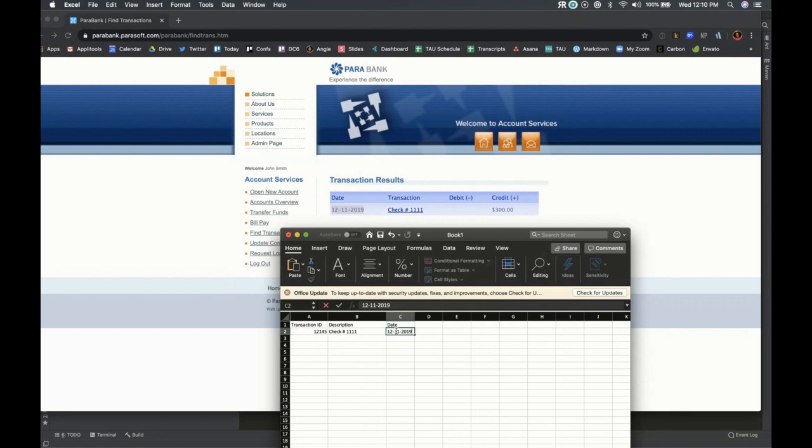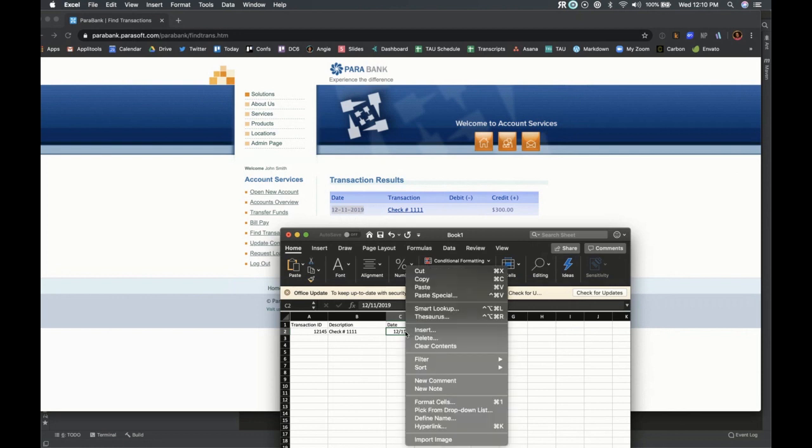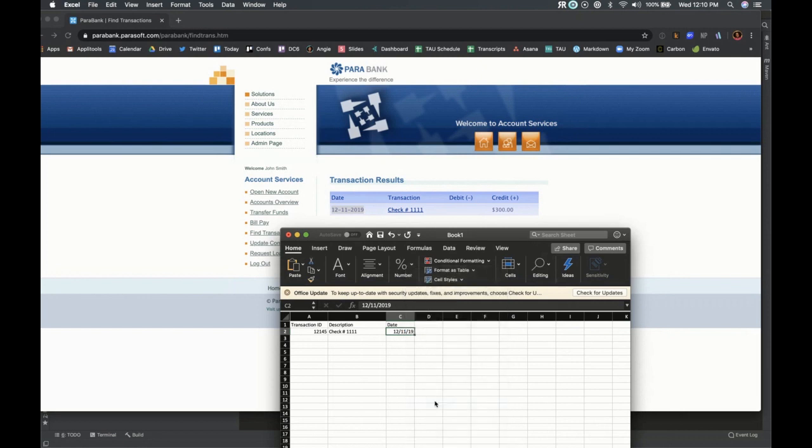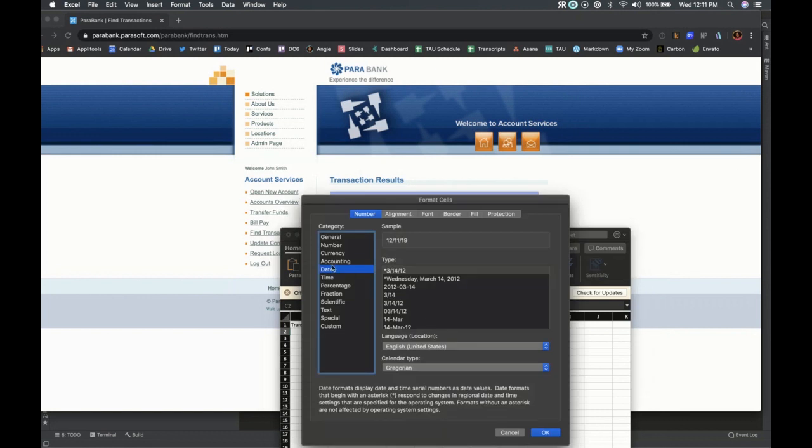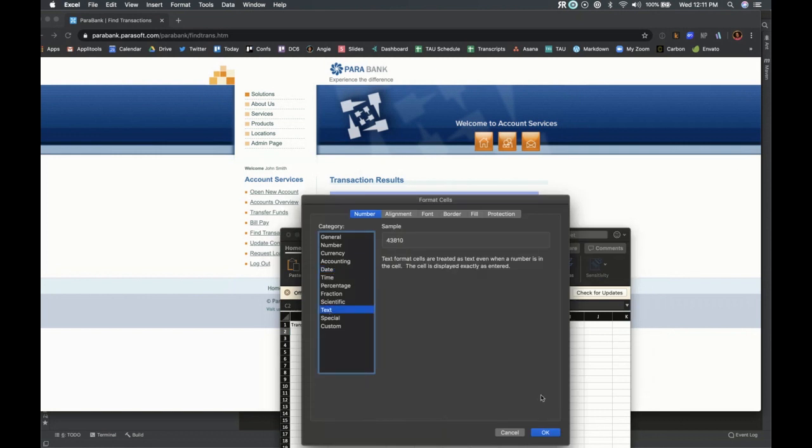All right, so we'll put the date in there. And look how it changed this. You got to be careful in Excel as well. I don't want these changed to slashes, because when I verify this, I'm going to verify that as a string. So you can do little things like format the cells. And instead of date, I just want this to be text.